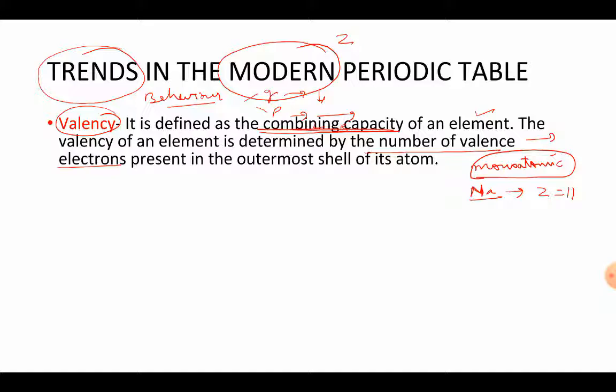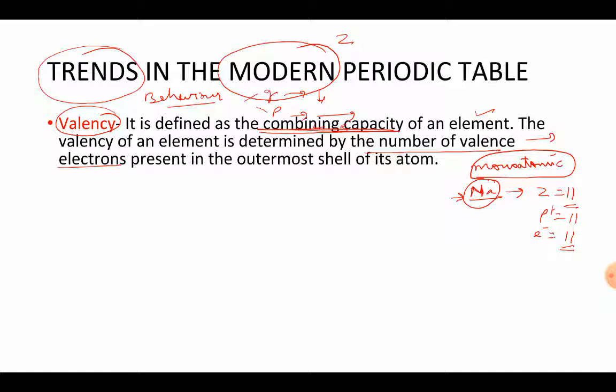Now we do not want its atomic mass, because the atomic mass is not a fundamental property, we only want its atomic number. Now once we have its atomic number, we will start dividing it, right? Basically the atomic number is actually the number of protons, so that is also 11. And if we see this atom is neither positive nor negative, that means it is neutral, right? So whenever the atom is neutral, the electrons are also equal to the number of protons, and it will be 11 in this case.